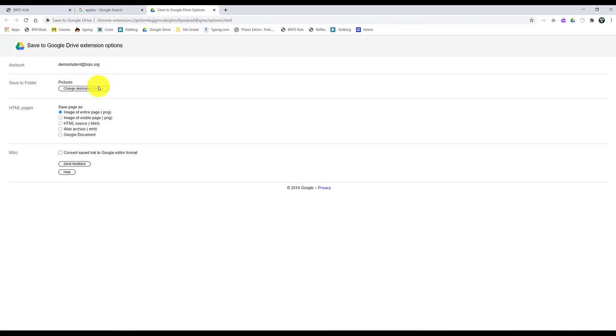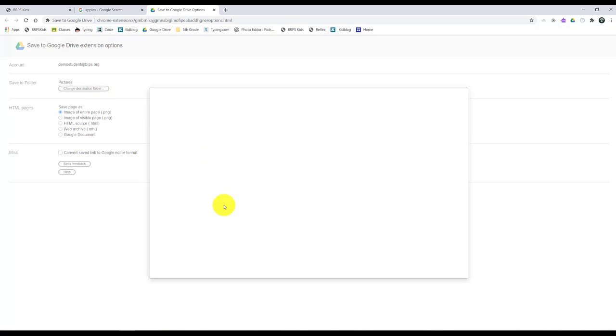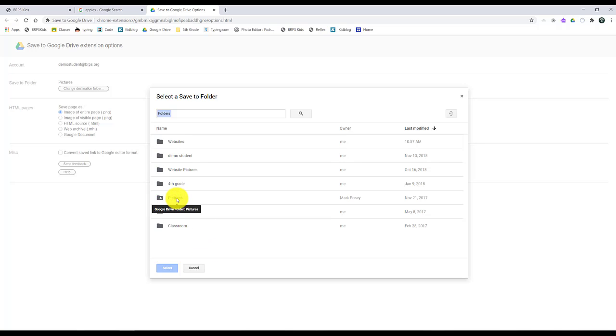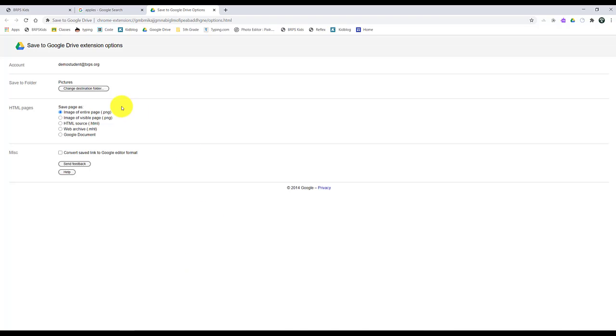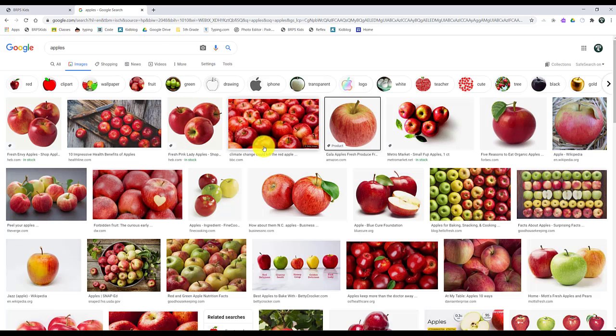You change it by coming over here to this button and clicking on it. And then hopefully you will have a folder called Pictures. Okay, so then you will click on this and hit Select so that you will save all your pictures in there. Once this says Pictures right here, you can go up and X out of there,